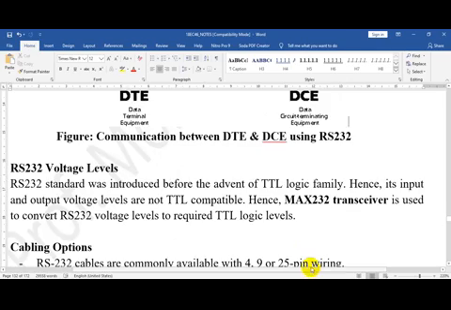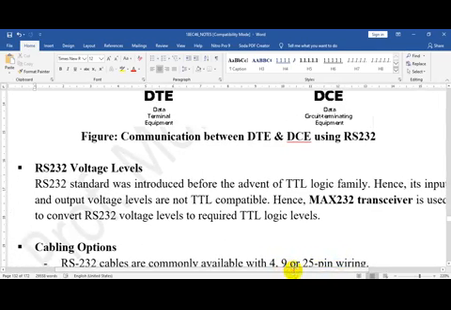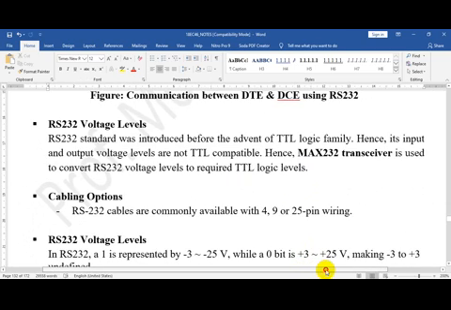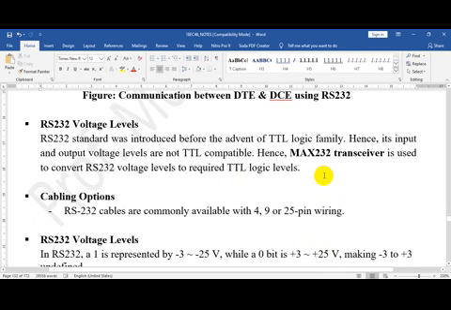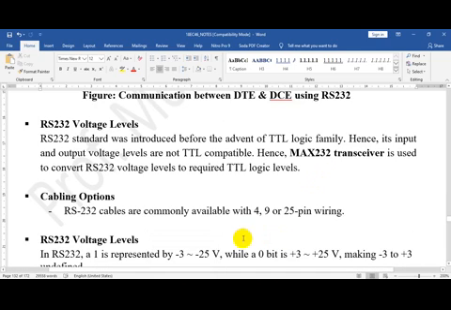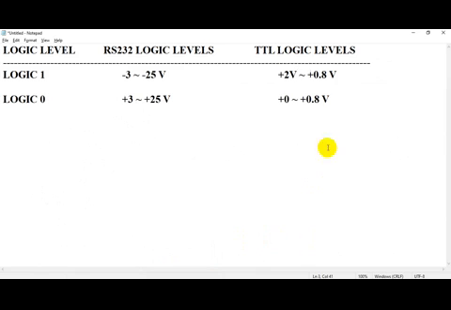Now, what is this RS-232? We have to understand one more thing here. As I have told you, the communication is digital. It is either logic 0 or logic 1, and every logic has its own voltage level. See this table and you will understand better.